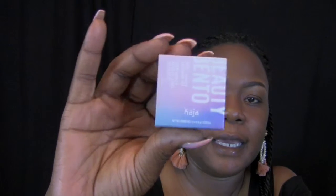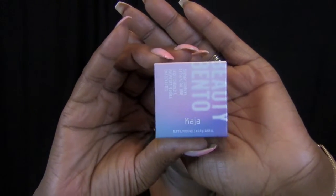I've already done my eyebrows, and my face is clean and moisturized, of course. Before I start working on my eyes, what I wanted to do today was use a fairly new company. It's called Kaja Beauty. And just to tell you a little bit about this company, they said